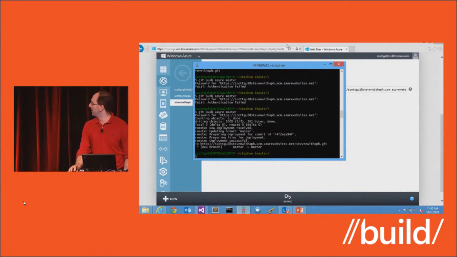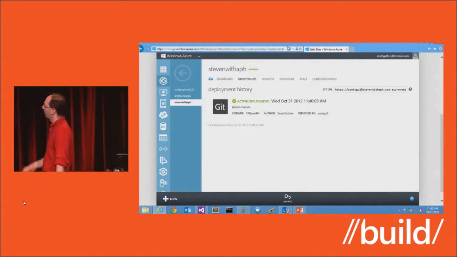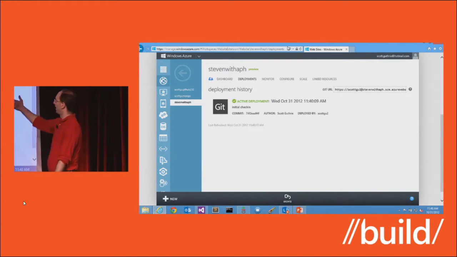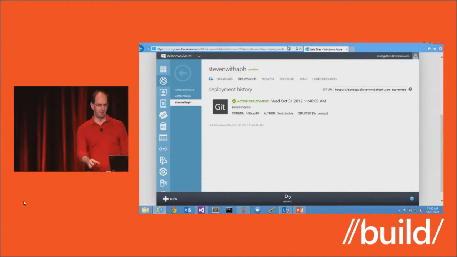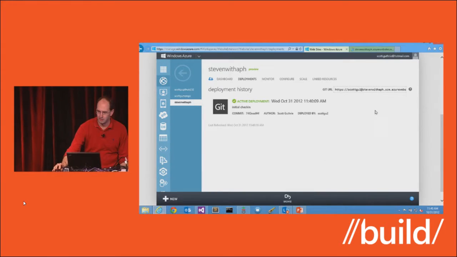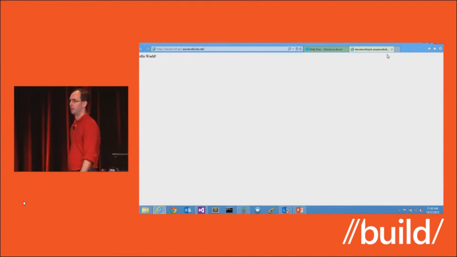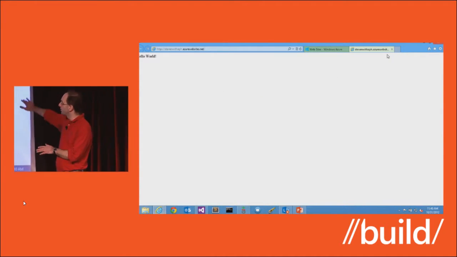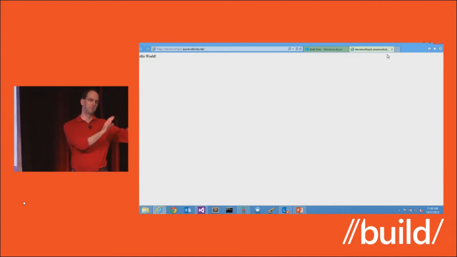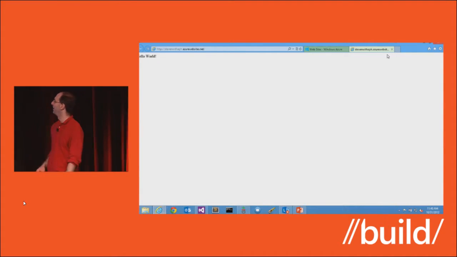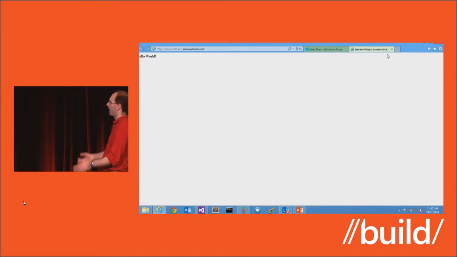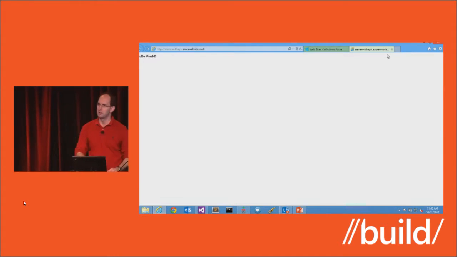And one thing you'll notice here, we pushed it. Go back in the portal. Notice it's already live. And so basically it's saying, hey, we just did a deployment. We'll go ahead and hit browse. Pop open a new window. Hello world. And so basically right there, we just did a source control deployment from my local system to the Stephen with PH website that we've gone ahead and hit. And we're starting to enable kind of a continuous integration process as part of it.